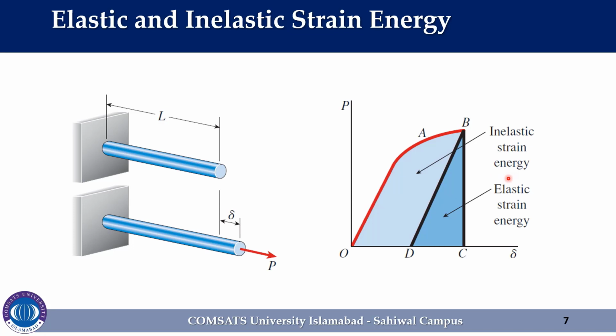However, most structures are designed with the expectation that the material will remain within the elastic range under ordinary conditions of service. Let us assume that the load at which the stress in the material reaches the elastic limit is represented by point A on the load displacement curve. As long as the load is below this value, all of the strain energy is recovered during unloading and no permanent elongation remains. Thus, the bar acts as an elastic spring, storing or releasing energy as the load is applied and removed.